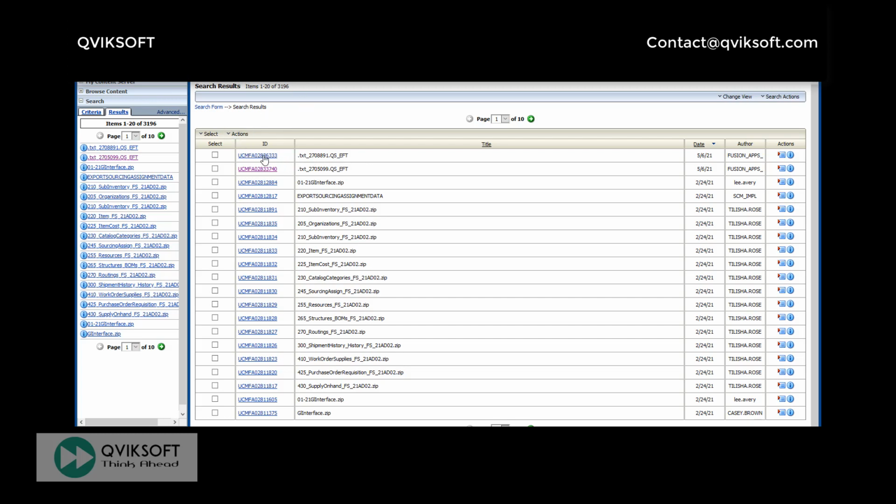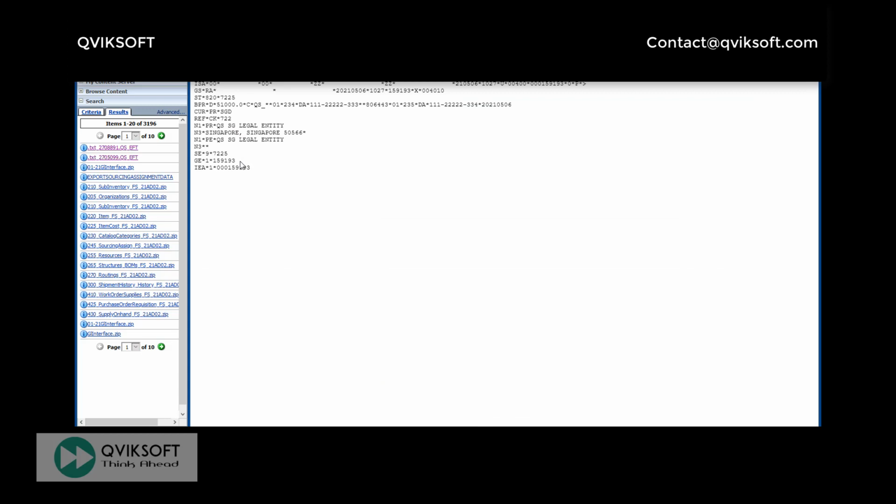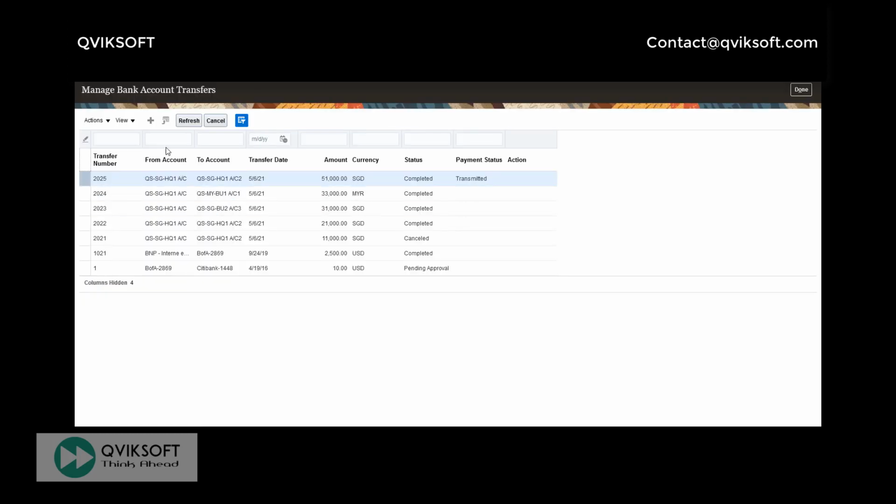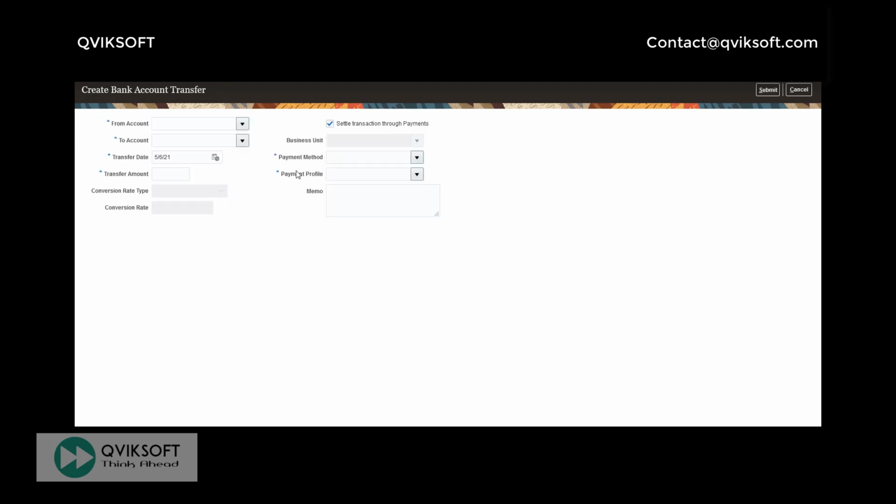Let me open this file. This file, you can see this, and you will find the amount 51,000 inside here. So the file has been generated based on a payment system. It will be sent to whichever bank we configure the hosting to. Then we can send the file to them. Yeah. So from process perspective, exactly the same process. You're just making sure you pick the right parameters, which are these three, and then the system will generate the payment file and transmit it based on the parameters given here, based on a payment process profile.